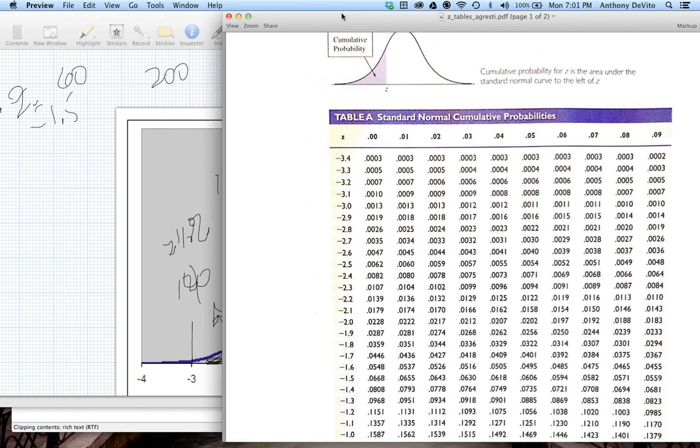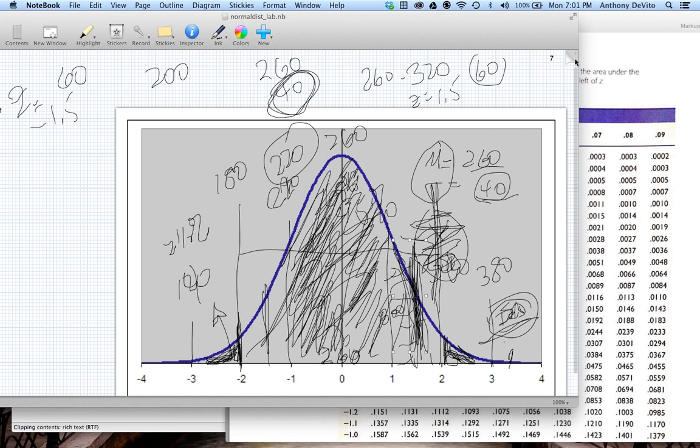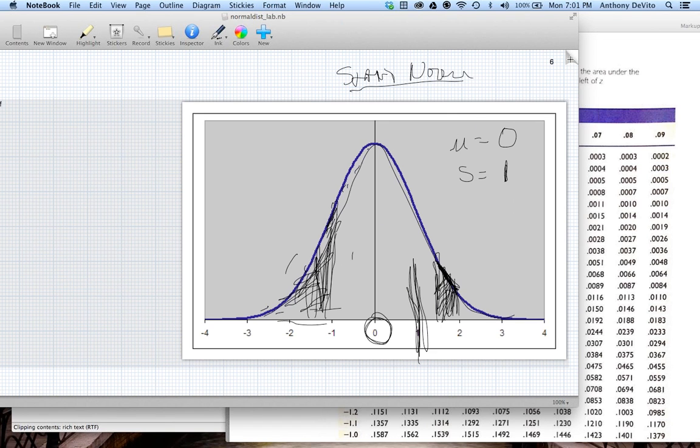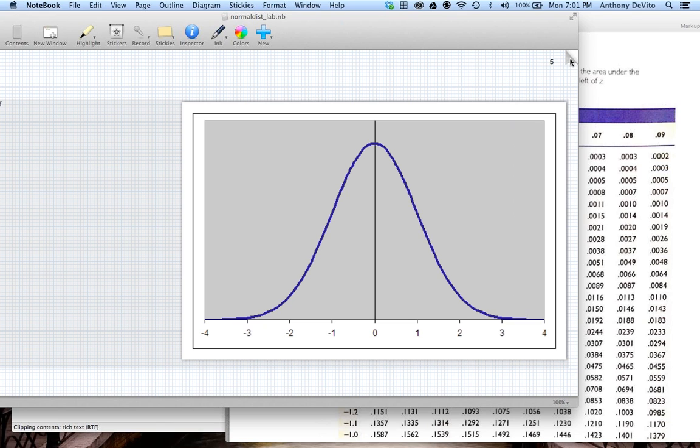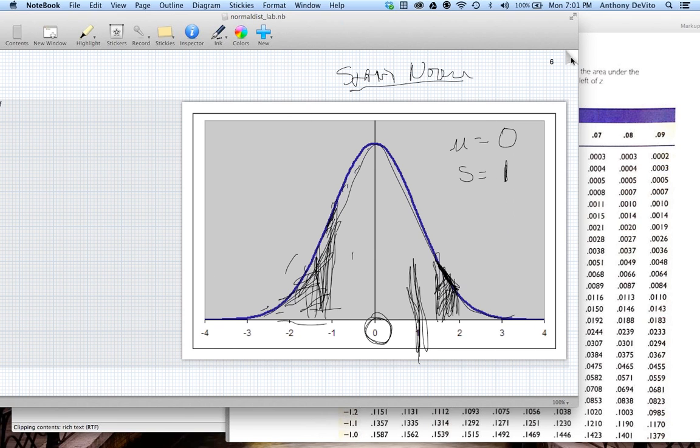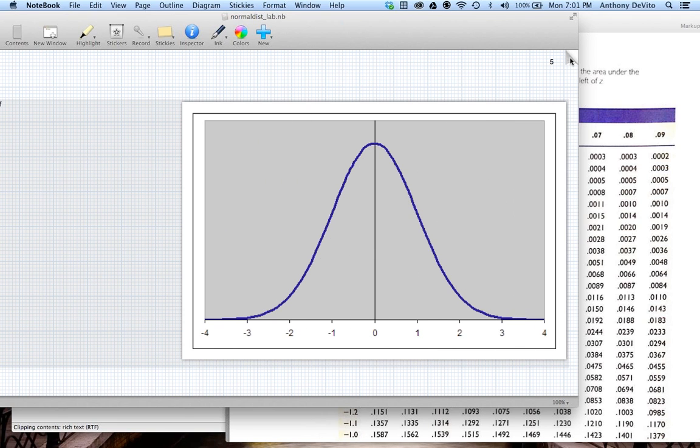The other thing I can use this table for, let me get a clean sheet here. Are you saying that when you ask what is the probability of having a batting average of 320, it's the same as asking what is the probability of having a batting average of 320 or more? No, first, time out. The probability of having exactly a batting average of 320, right?